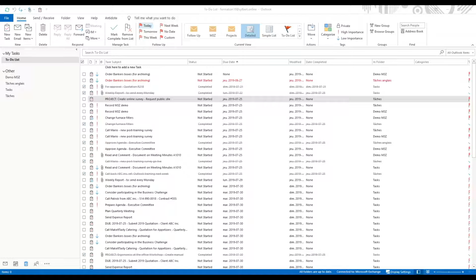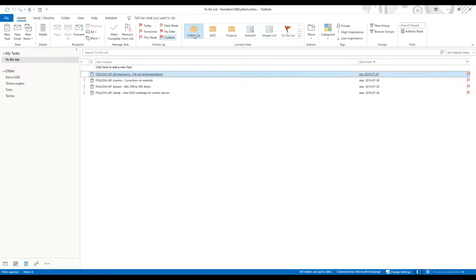But as you've seen, it's a lot easier with M3Z. So not only am I in control of my tasks, but I'm also a lot more proactive. For example, I'll quickly pull out a list of all my follow-ups that need to be done. Just like this, one single click, right? So we'll show you during the training how to create this type of filter view.